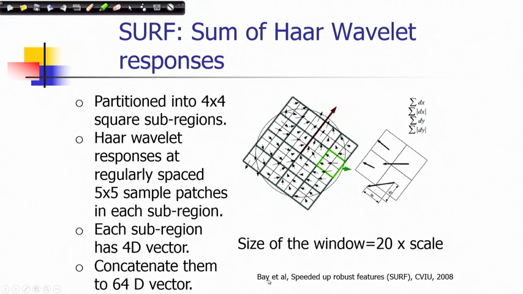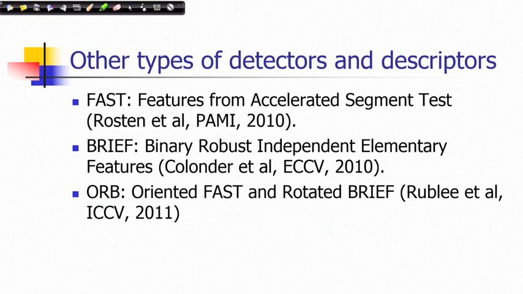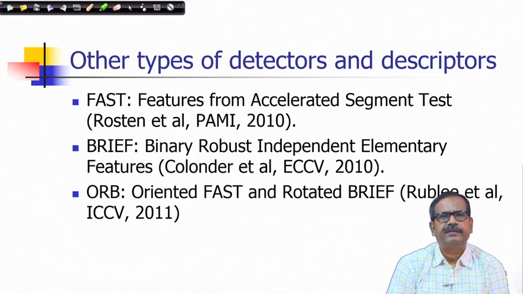You can see the reference of this paper is given here. For the details, you should look at this paper, which you can read in detail, and you can get all this description. So, we discussed 2 such descriptors like SIFT and SURF, but still they are computationally quite intensive. There are other descriptors proposed later, and they are also becoming quite popular in various applications, particularly where you require fast computations like in